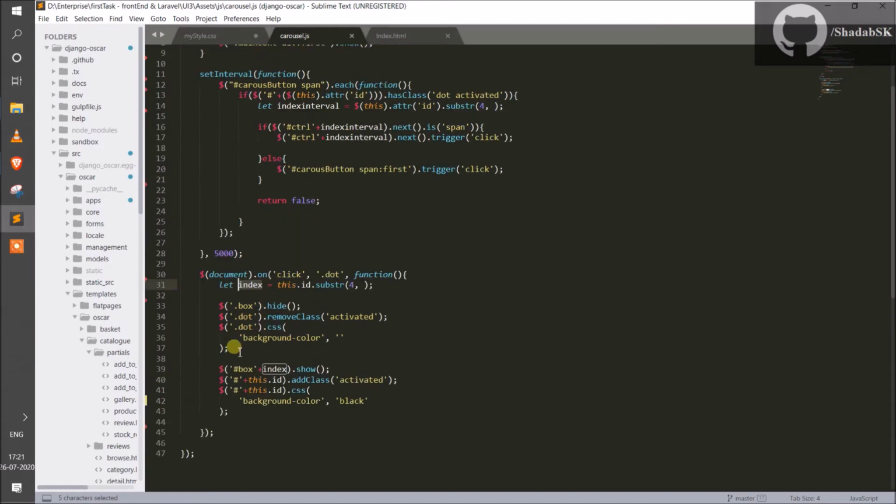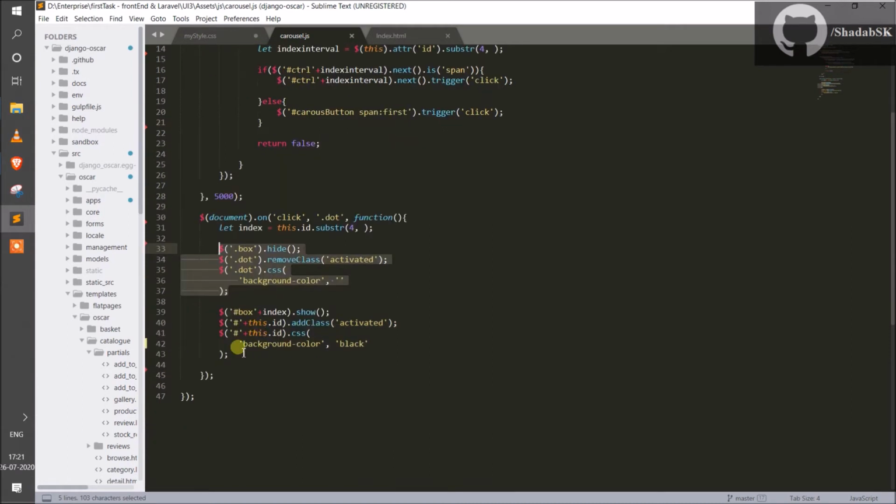Then initially we are hiding each and every element which is rendered on our HTML page and simply showing just the element of the index which was extracted on the click function.